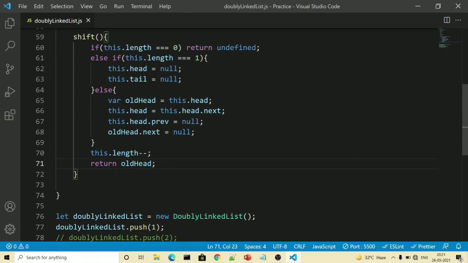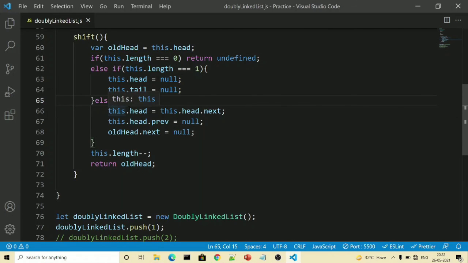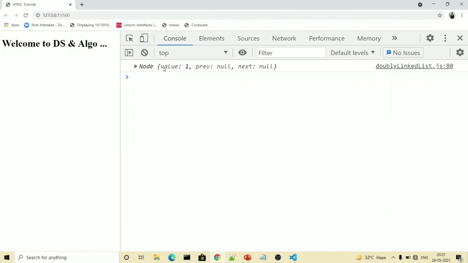So for that, what we can do, we can store our old head is equal to this.head in the beginning itself. So we will cut it from here and we will paste it here. So even if it will go inside else if part or else part, our old head will always be stored. So now we are able to get value 1, the head node which is removed.